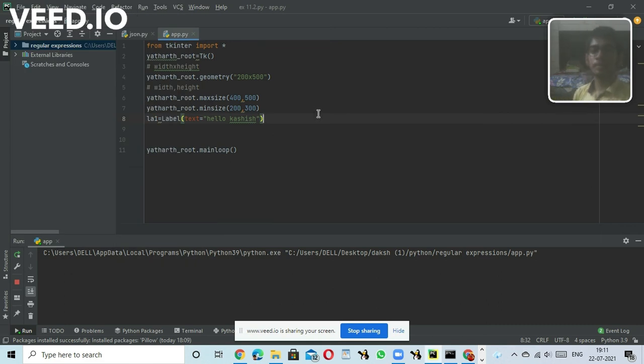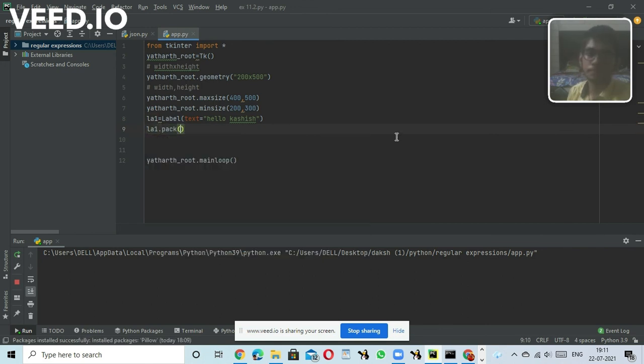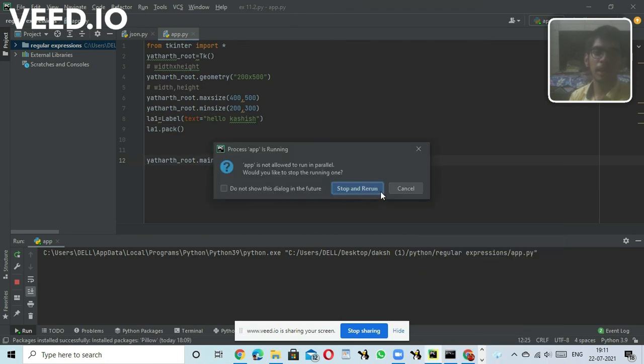Now I have an example for you. For example, you have clothes, you have a washing machine. You haven't put the clothes inside the washing machine. Then how is this washing machine going to wash the clothes? The same happens inside tkinter. You have this label, you have tkinter, but you haven't put this label inside tkinter. How is it going to show up? So what we have to do is just pack. We just have to do pack. Done. All done. Everything done.